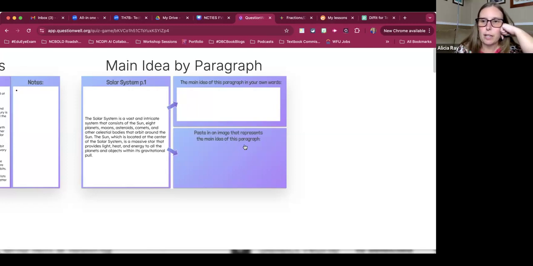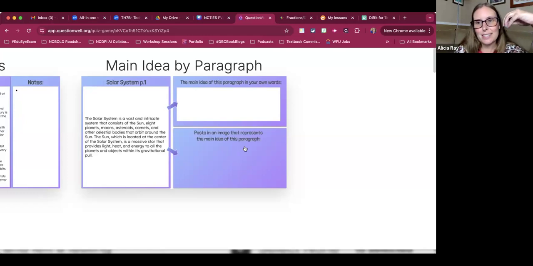Well, here's the deal for me. I'm not crazy about the paste an image part because y'all know as well as I do, kids are going to go out there and they're going to spend forever looking for images and probably pull one that doesn't really relate anyway. Or they're going to search for the image. They're going to pick the first one that comes up, no matter if they can copy and paste it or not. They're not worried about copyright and Creative Commons and such, and they just put down whatever they can.